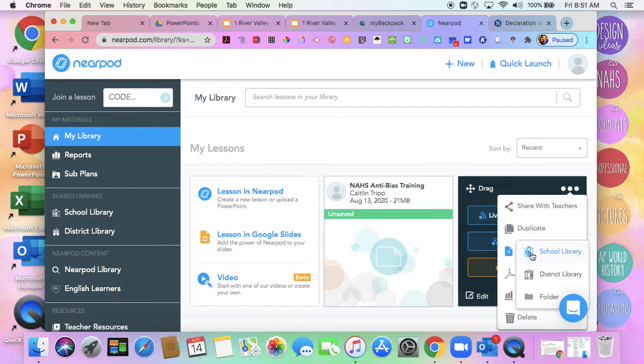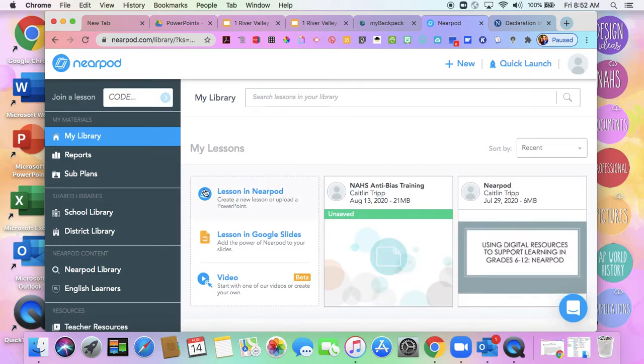You can also add it to the school or district library if you want to share the resources that you've created. You can also choose to duplicate it if you want to keep one version a certain way, but maybe you want to make a different version for your ELL students, or you want to duplicate it and make another version for your honors class. You've got some options that you can definitely play with here. But clicking on reports is one way of getting to the reports. And if you click on reports over here,